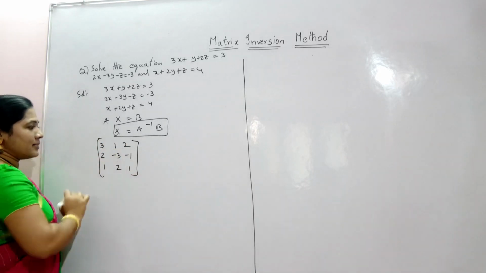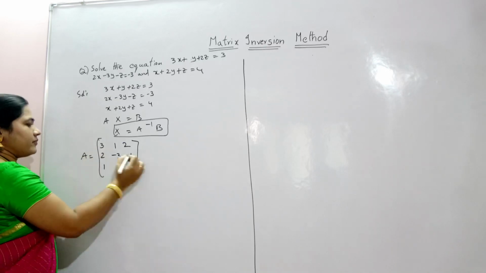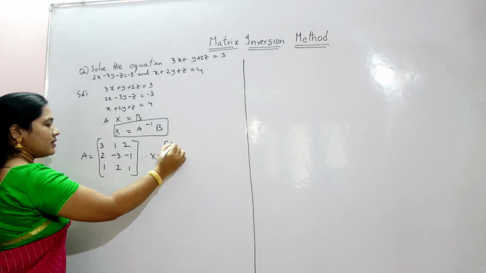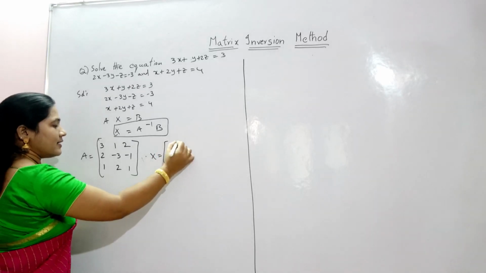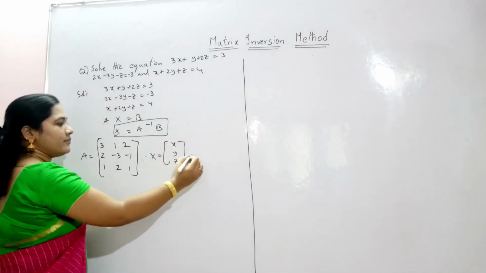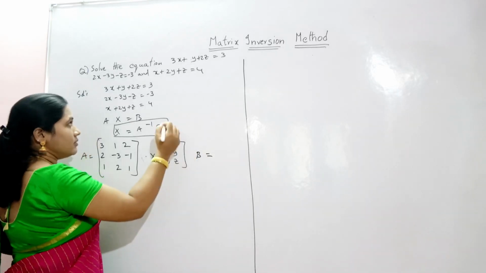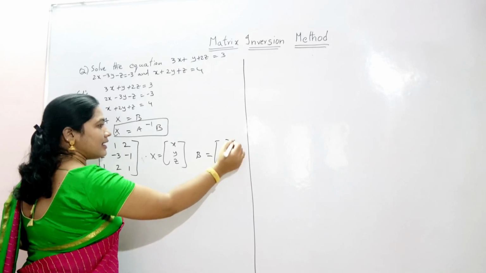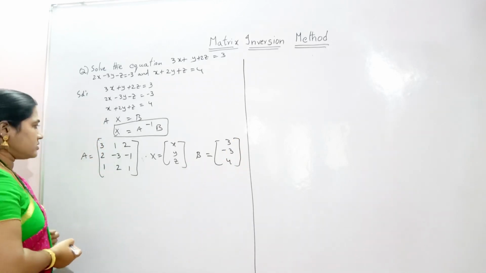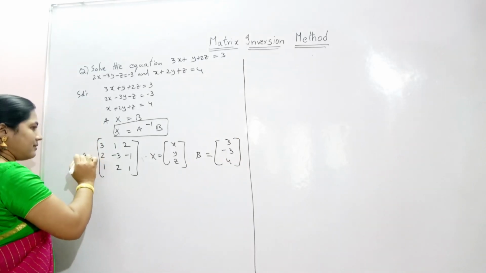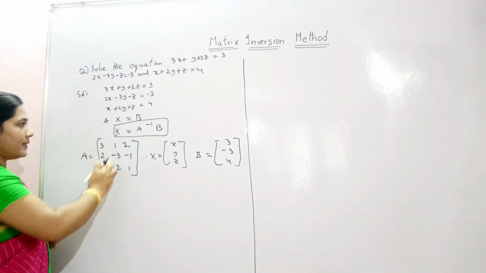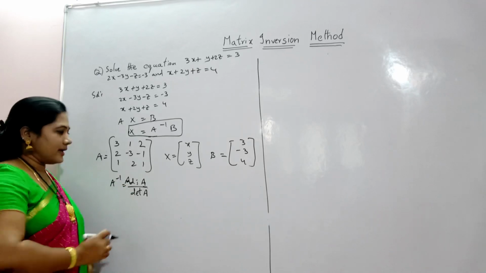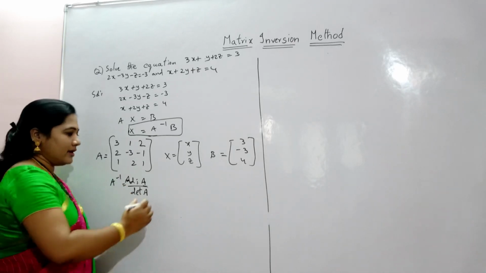So this is the matrix A, and x equals x, y, z, and B equals 3, -3 and 4. So these are the matrices A, X and B. Then find the inverse. A inverse equals adjoint A by determinant A, and